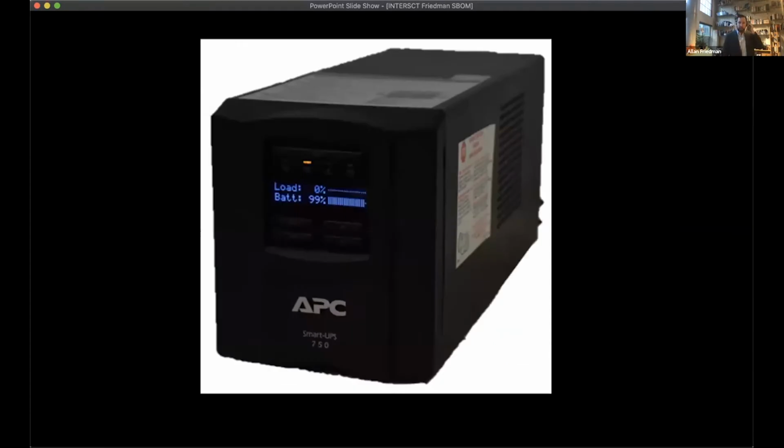Some of it was straightforward, where they had in their lab an uninterruptible power supply. They could test it, and they said, we know that this is using this core library called Treck, and let's demonstrate that we can actually build an exploit and attack this uninterruptible power supply, right? The thing that's supposed to be secure, that's supposed to not fail, could fail. But they wanted to find it across the entire ecosystem.